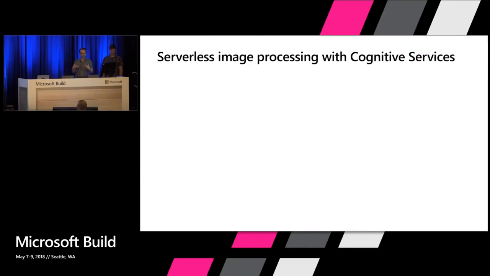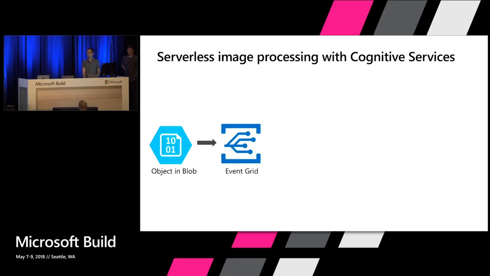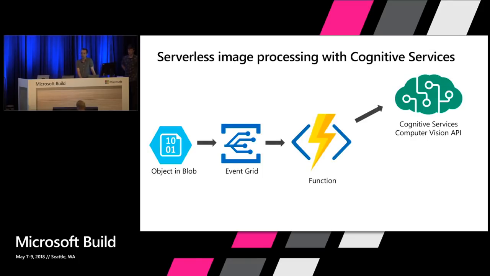So building this was really simple using storage events and Event Grid. To recap what we have done, we have configured an Event Grid that listened to events from the blob storage. Every time somebody uploaded an image into the blob storage, it triggered a storage event. Through Event Grid, this triggered a function to run, and the function called the cognitive services. Cognitive services analyzed the image, detecting the objects, gave us back